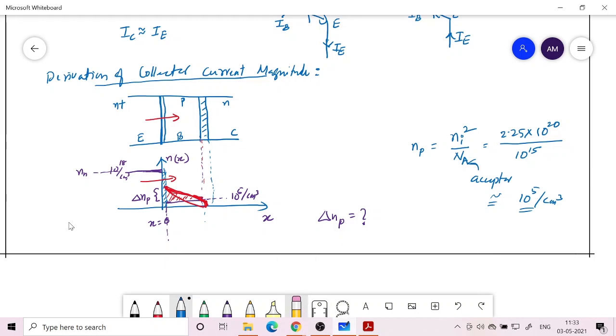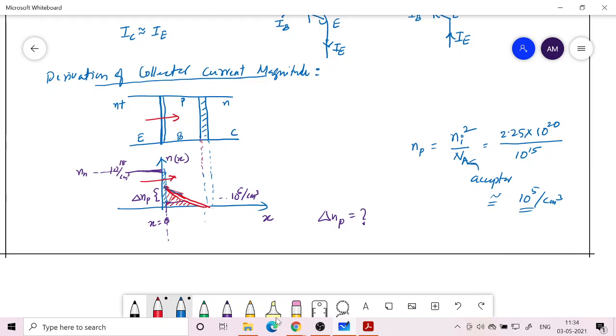Okay, there may be an exponential kind of decrease. Actually it is an exponential function, but it could be approximated like a triangular function. So this exponential function, without much error, you can approximate as a triangular function. The difference in these two functions is negligible, and therefore that we will use to find out